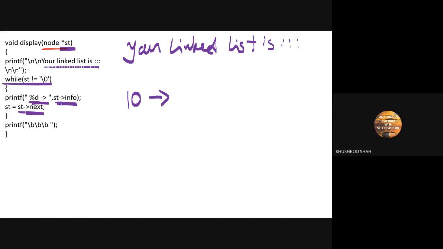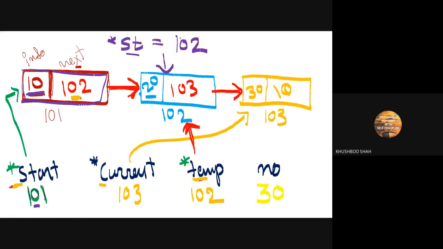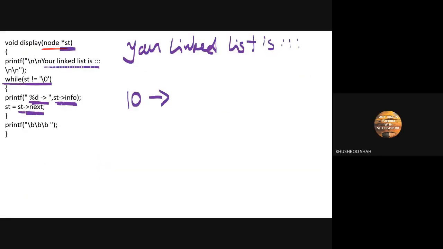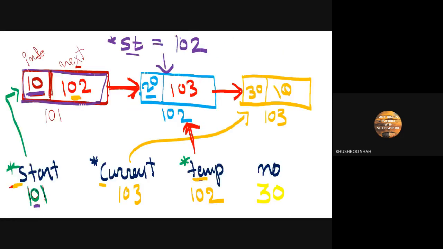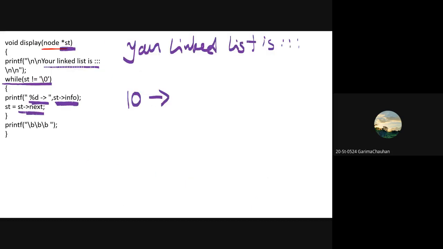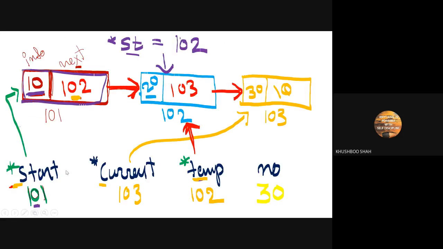Now again this loop will continue. st is not equal to null. Is st null? No, ma'am, that is not null. So it will come inside the loop and print the st info. What is the st info? 20, along with the arrow sign. Again, the value of st next goes into st. What is st next? 103.